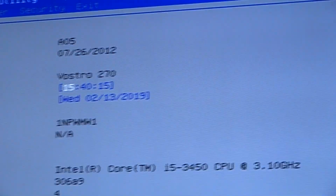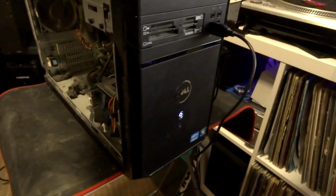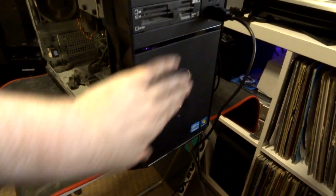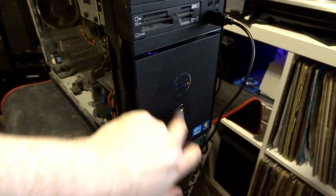It's got 4 gig of RAM, presumably at least a 500 gig hard drive, so yeah, it looks like this really only needs a bit of cleanup, which I will happily do tonight, maybe, whenever I get a bit of time anyway. So yeah, that seems a bit of a winner. A bit of a strange one, that, to be honest with you, because it genuinely said the power button was faulty,